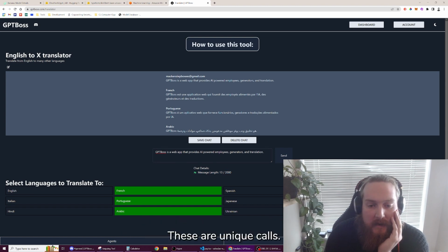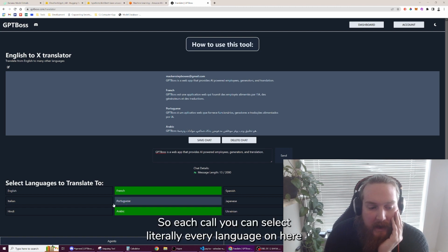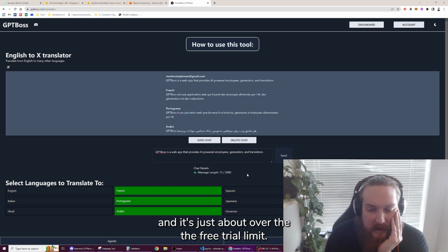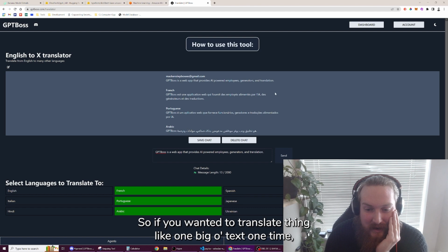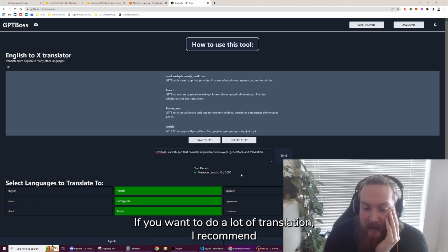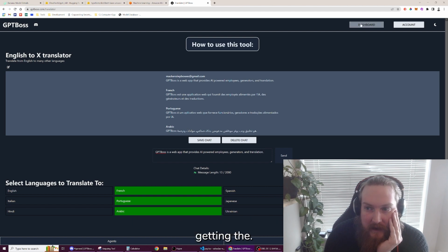These are unique calls. So each call, you could select literally every language on here and put in all 2,000 words at once, and everything will work correctly. It's a big call, and it's just about over the free trial limit. So if you wanted to translate like one big block of text one time, you could use all your free tokens to do that. If you want to do a lot of translation, I recommend getting the